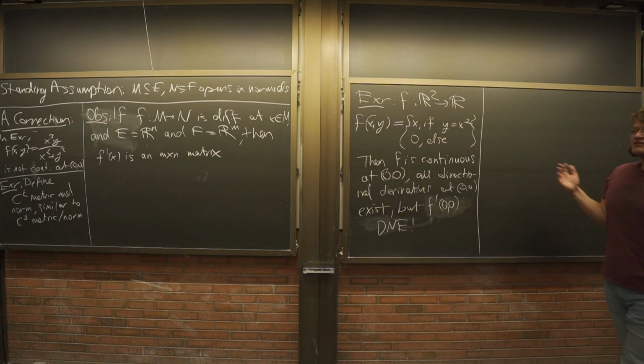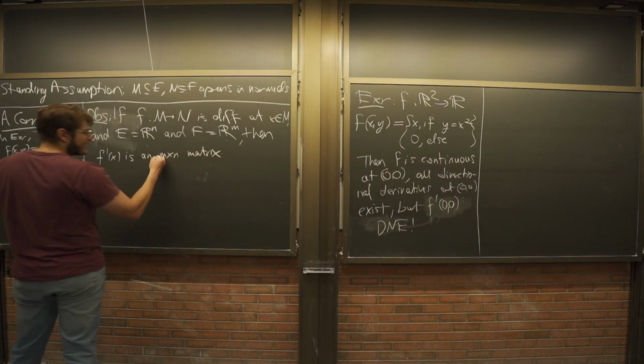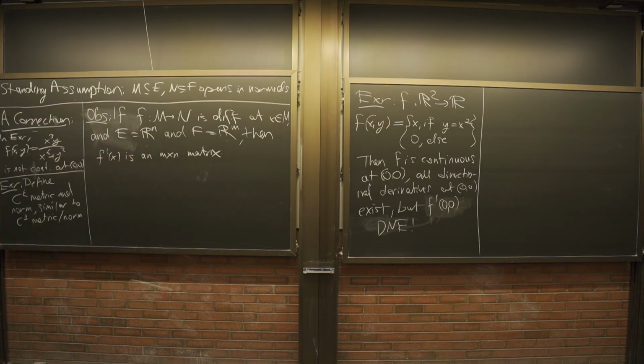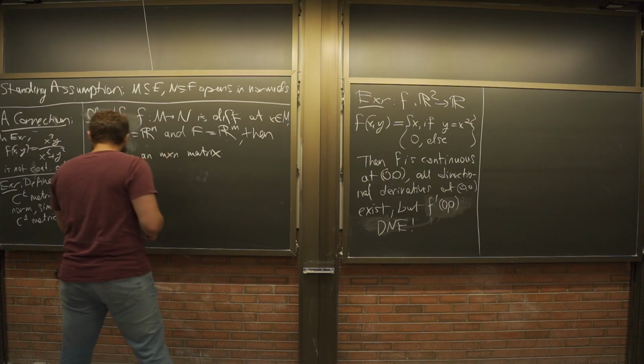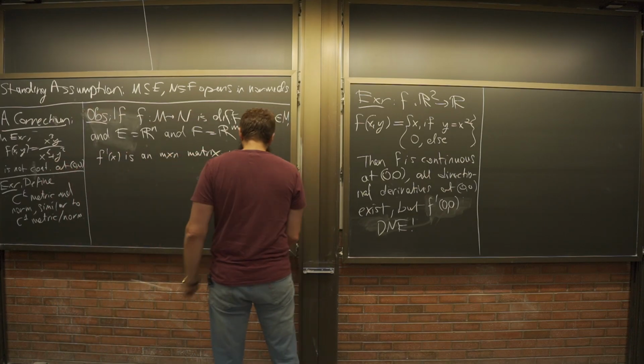This much is essentially by definition. This is by the identification of the space of m by n matrices and the space of linear transformations from Rn to Rm. So by the isomorphism,